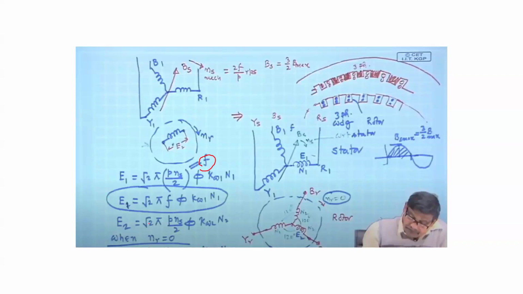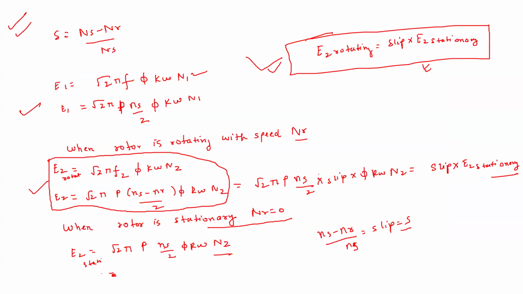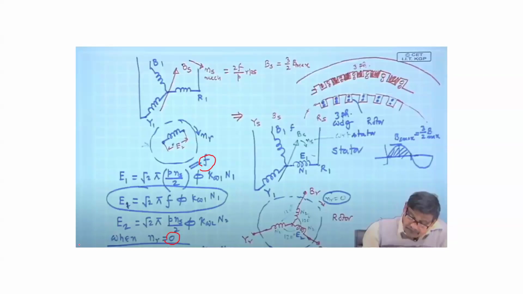Then E2 is root 2 pi P ns by 2 phi k omega n2 when nr is 0. Otherwise, it is ns minus nr. But since nr is 0, that is why sir has written this E2 stationary. Okay. So this is what sir was also discussing in this slide. Okay. So now